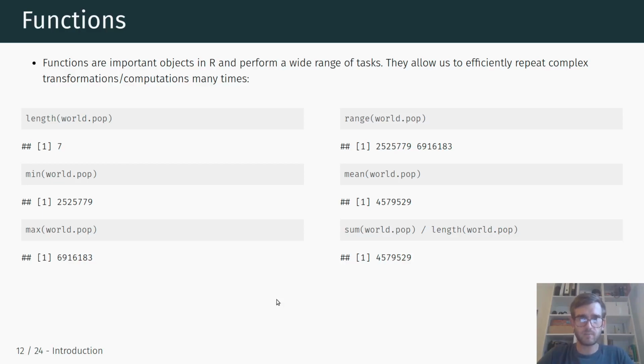Another important concept in R that we're going to use basically every week is functions. Functions are a type of object, and they're a very important type because they allow us to perform a wide range of tasks, and essentially they allow us to efficiently repeat complex transformations or computations many times by giving the function a certain input or a number of inputs, and the function will do the same set of operations with these inputs,